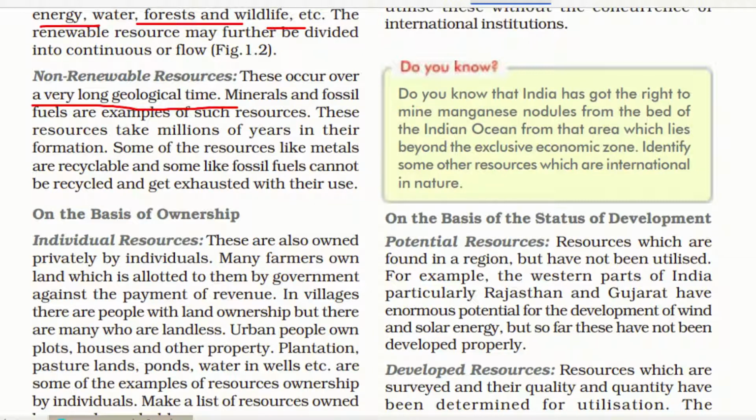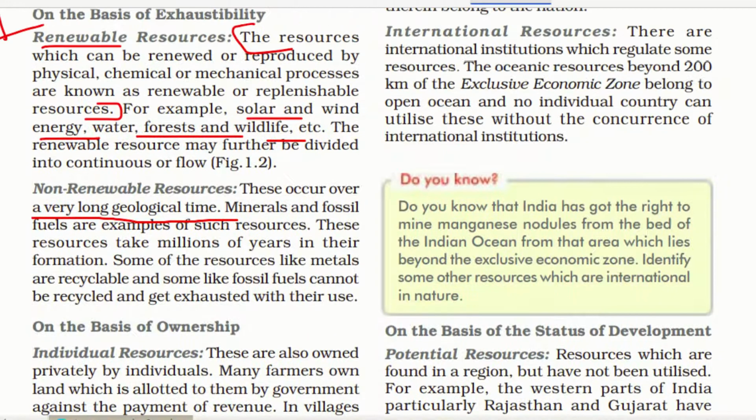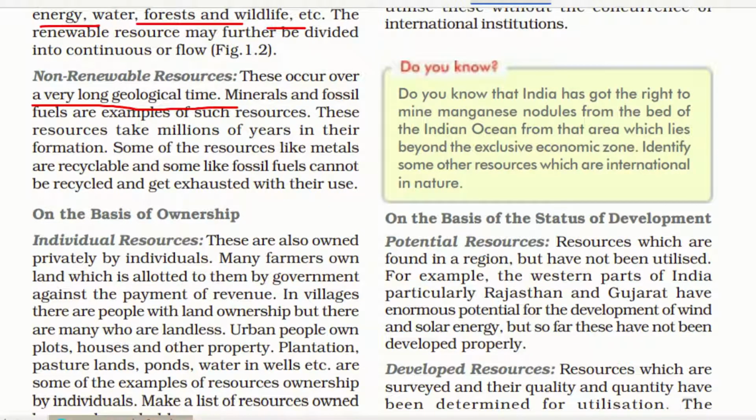Otherwise, for the, what is the word? For regeneration. Okay, that is a correct word. So the non-renewable resources will take a long time to regenerate. Examples: minerals and fossil fuels. Petroleum, coal and all, isn't it? That and all, it is taking millions of years to regenerate, and that is why they are coming under non-renewable